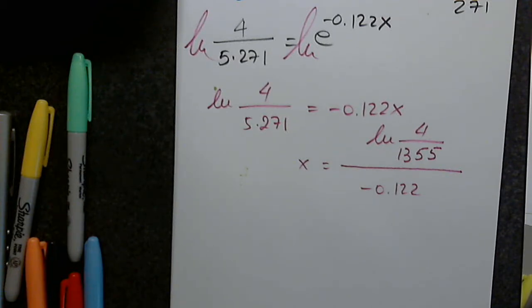Okay, natural log 4 divided by 1355. And divide by, in parentheses, negative 0.0, no, not 0, sorry, 122. Okay, so